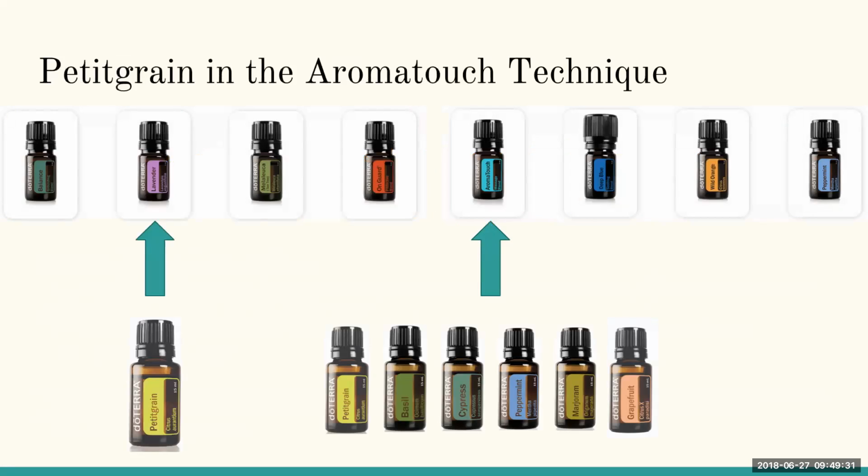So another opportunity to substitute Petitgrain for lavender is in the Aroma Touch technique. This is something that I absolutely love to offer up to people. And like I said before, sometimes there are people that have that dermal sensitivity to it. And so one of the things that I've personally found that I like to do is, first off, just straight up substitute Petitgrain for lavender in the lavender part of that sequence. And then Aroma Touch is the other blend in the Aroma Touch sequence that has lavender in it. So if you're wanting to avoid lavender, you can create your own little bottle of